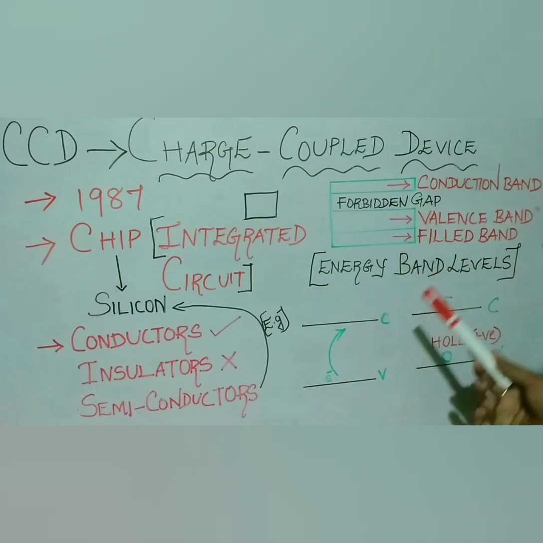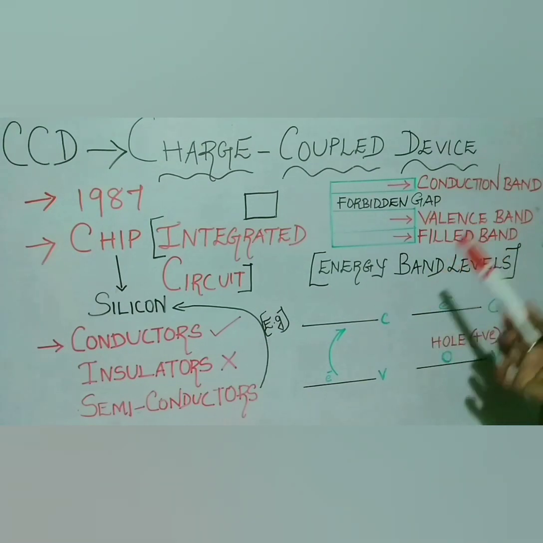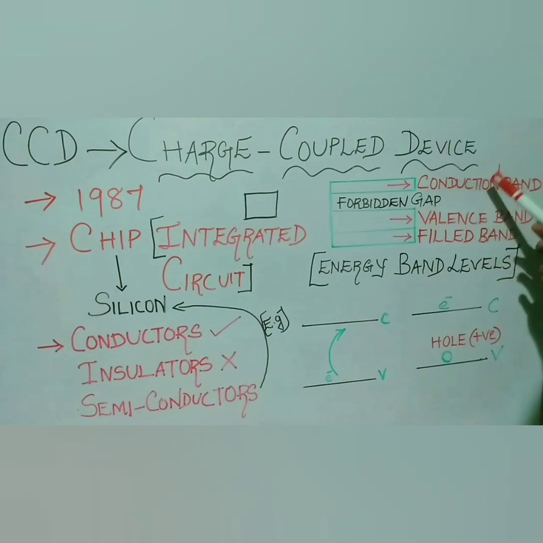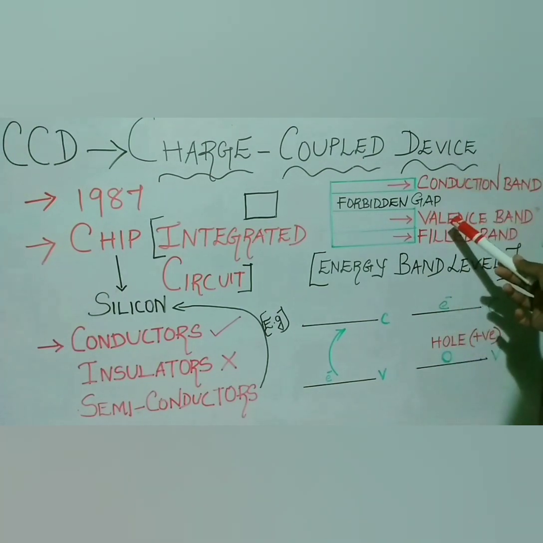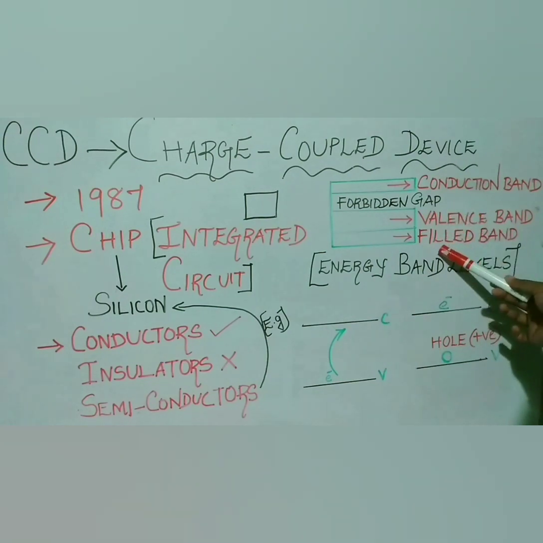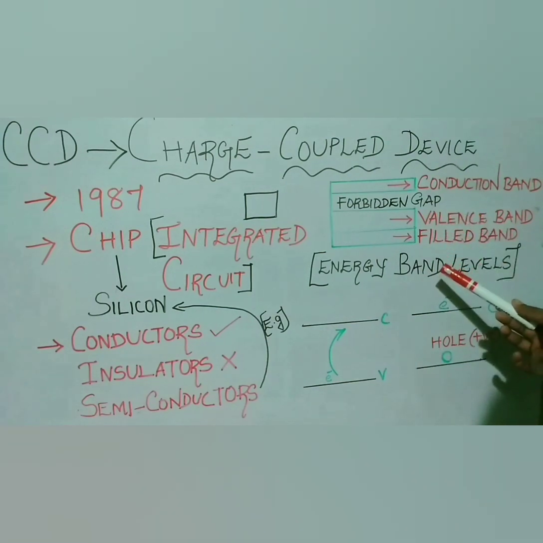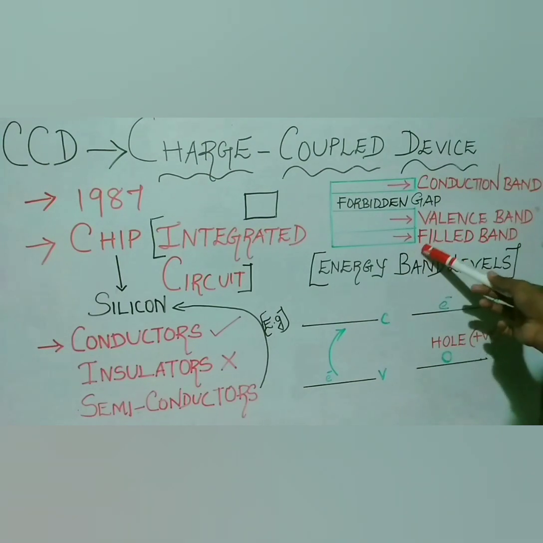Next we need to study about energy band levels of the matter. As per band theory of conduction, matter is made up of 3 energy levels. So we have valence band, filled band and conduction band. Valence band is the lower energy band whose electrons are loosely attached to particular atoms. Okay, so in valence band, electrons are not tied up to particular atoms or individual atoms. Then below the valence band we have filled band, which do not contribute to electrical conduction. Hence this filled band is not normally included in an energy band diagram.